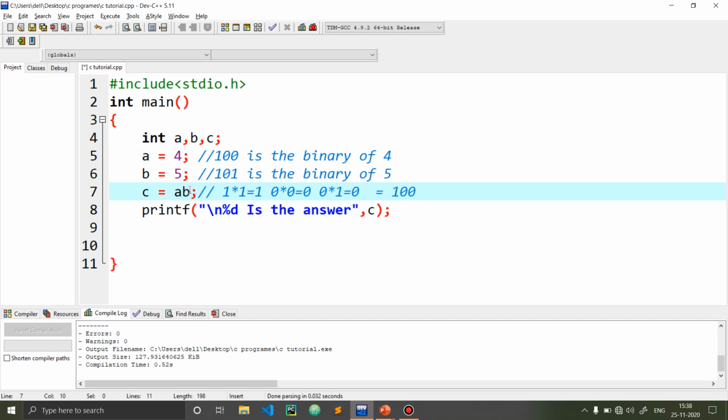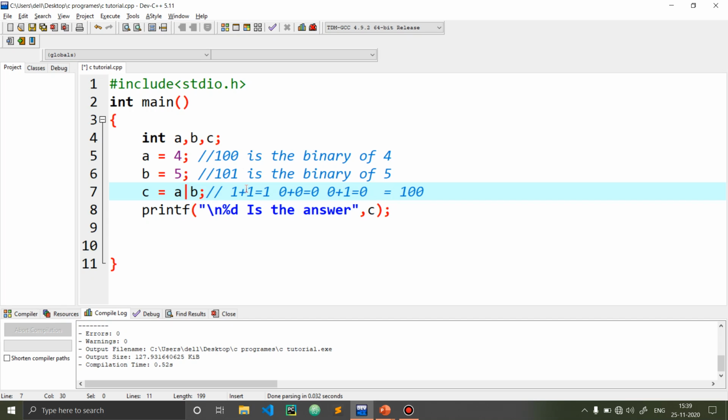But if we use the bitwise operator OR, what is this sign? You can find it above the enter key; you have to press shift plus that key. You will get this, and it is the binary OR. It does a bitwise plus operation, it will just add the bits.